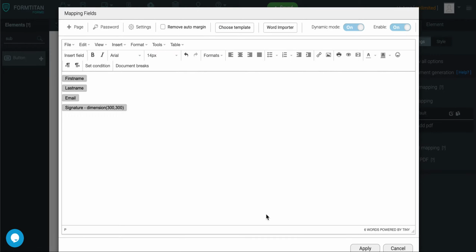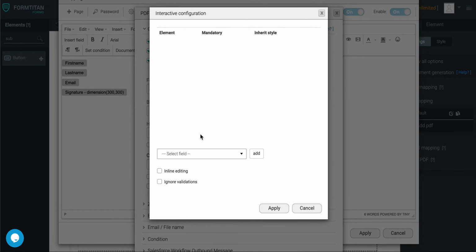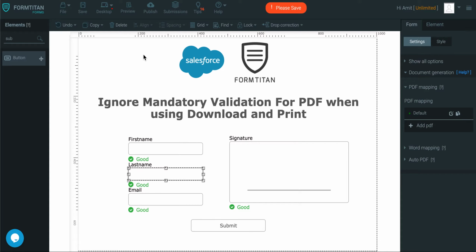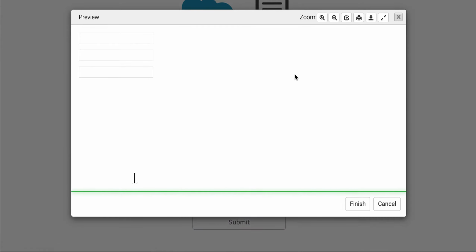Okay. Once this is done, we'll go back into settings, interactive, and we'll add our fields. Like this, like this, like this, and like this. And I'll tell you what, I'm going to make all of them mandatory here for now. Now look what happens. If I click apply, apply, save and preview, and then I'll click submit, you can see